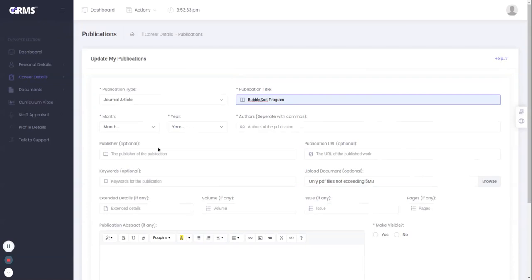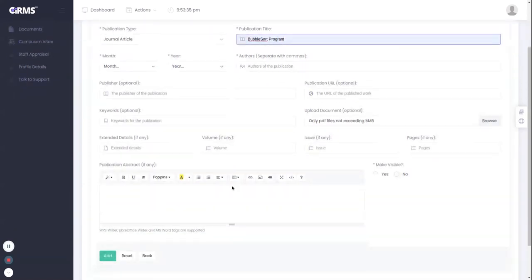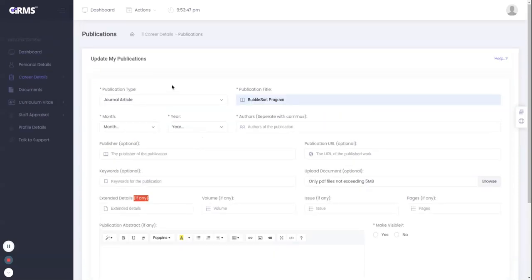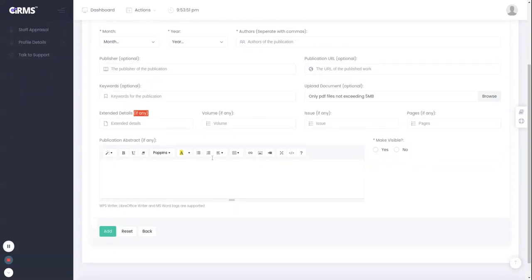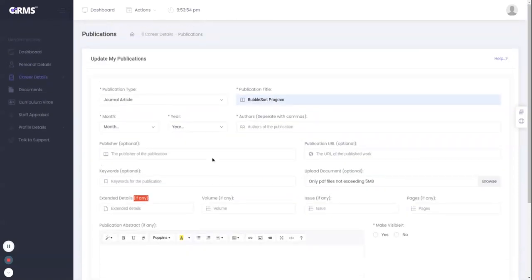Once I've submitted this particular page by filling out all this information, remember, there is some information here which is optional. If you see "if any", it is optional. That means if you want to, you can leave it empty. If not, fill it in. So if you have your articles and you do this, you click add. Repeat this to add all the articles that you have. So once you're done with this, you click back to the career details and scroll down to the next one,